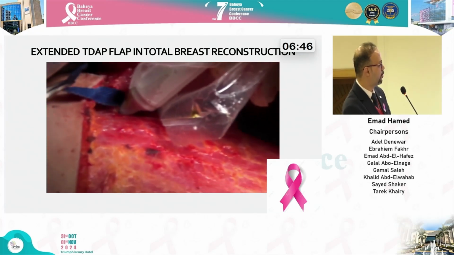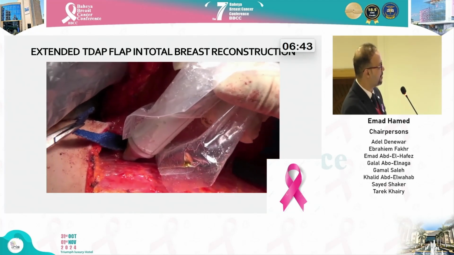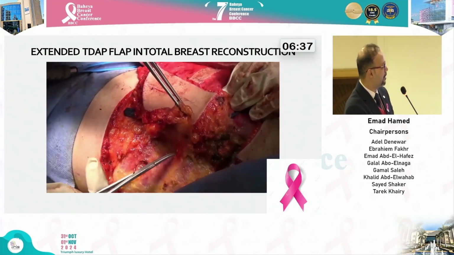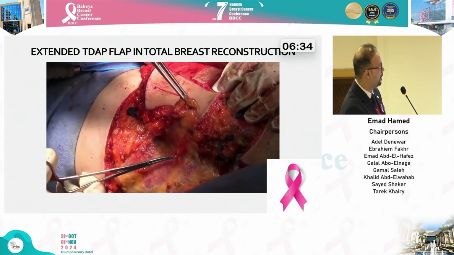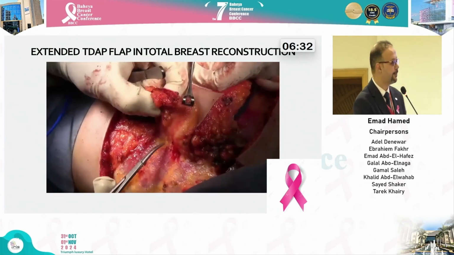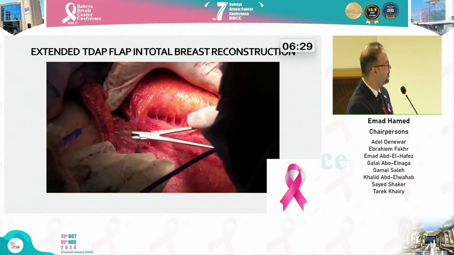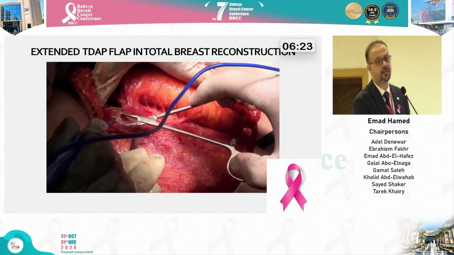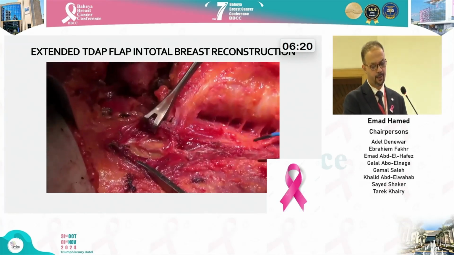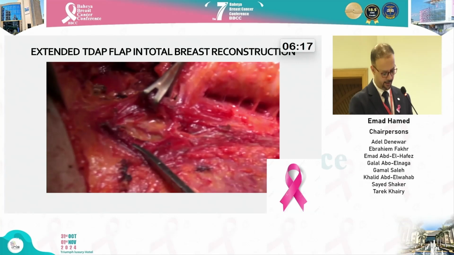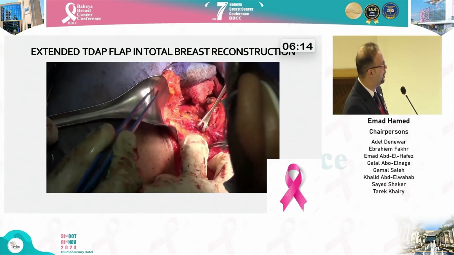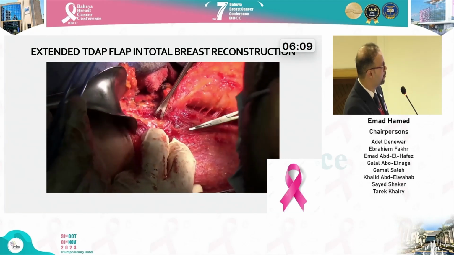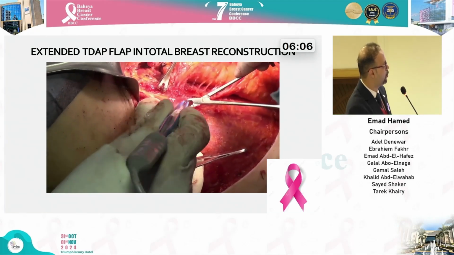This is the Doppler blood flow, ensuring the flap is pulsatile and the perforator still intact. I decided in this case to do muscle sparing TDAP flap. And as I said, you have to bisect the muscle to reach the vertical branch of the thoracodorsal vessels. You can see the pulsation, and my decision was to cut the muscle and do muscle sparing